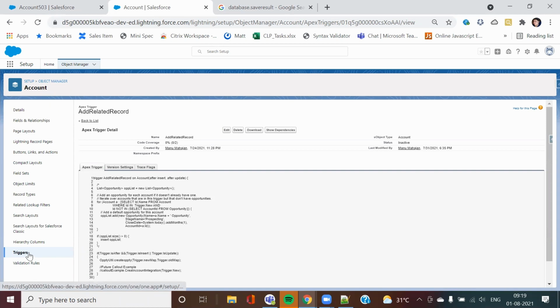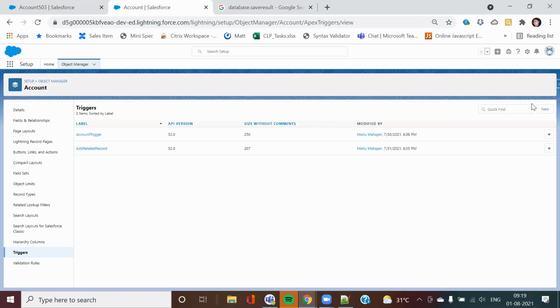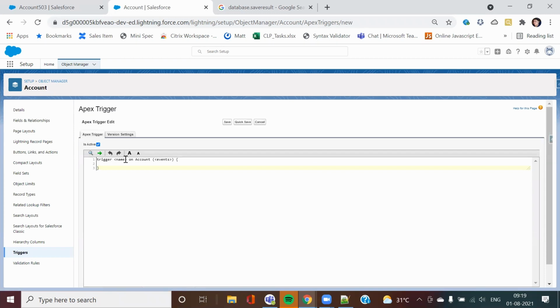If you click on new, it will come like this. Here you need to specify the name of the trigger and the trigger events, which trigger event you want to fire it on. These, as I told you, are generally 7.